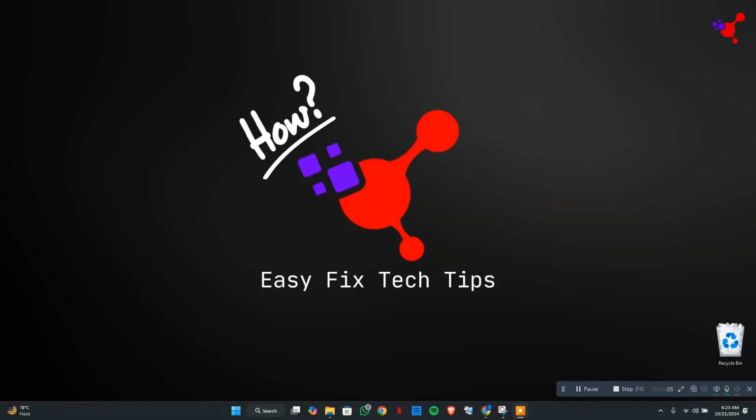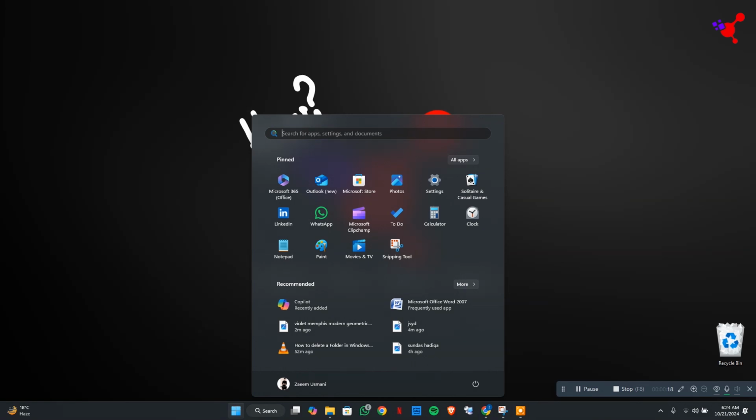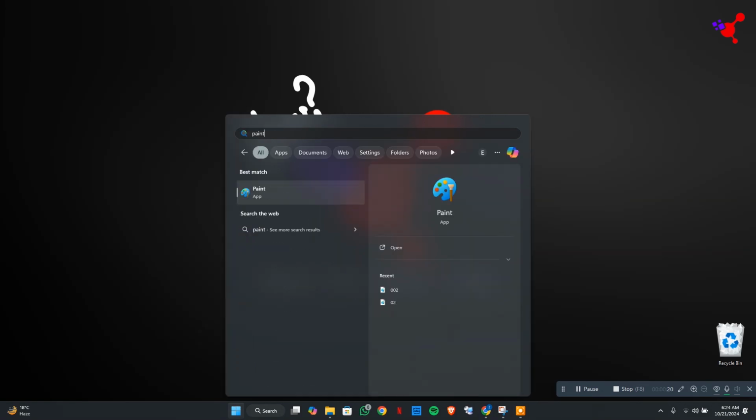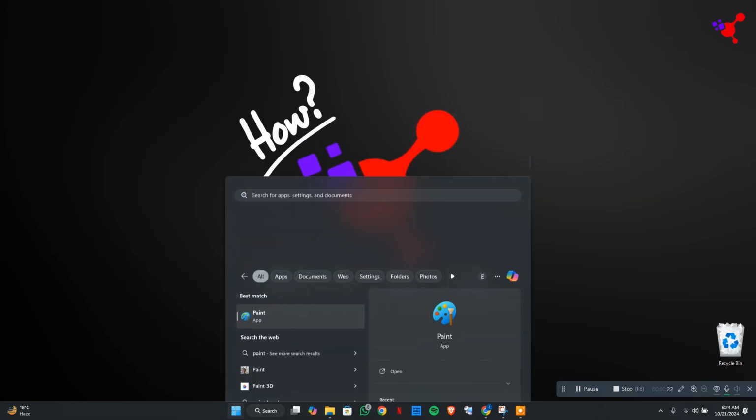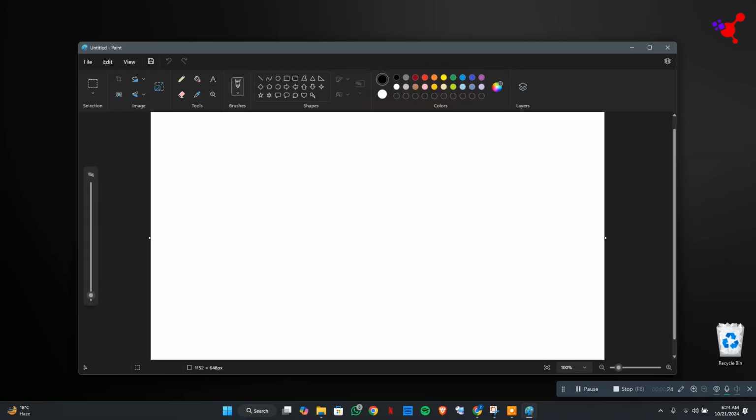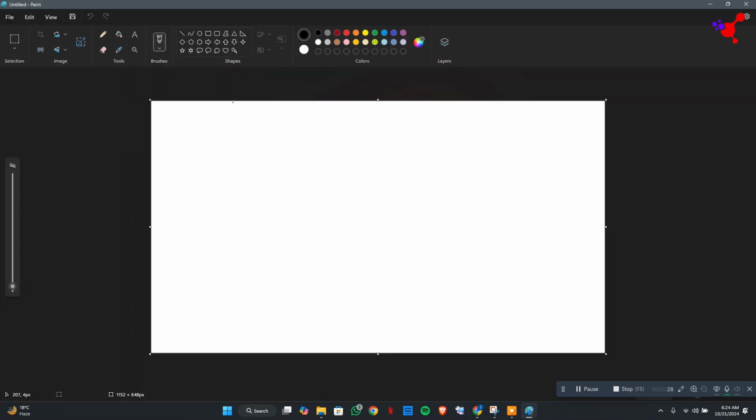So guys, in this video I will tell you how you can open Paint and draw anything in Windows 11. So guys, it's very simple. You just have to tap on Start, then type Paint, then open that application. By doing that, you can see that Windows 11 by default has Paint opened here, so you can draw anything